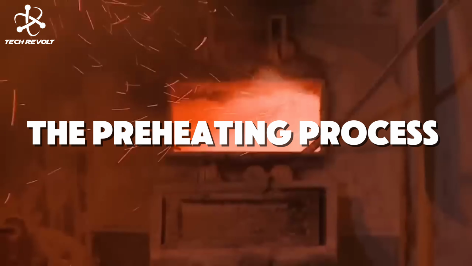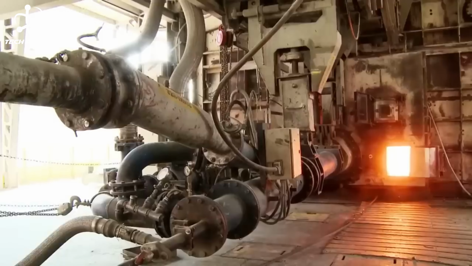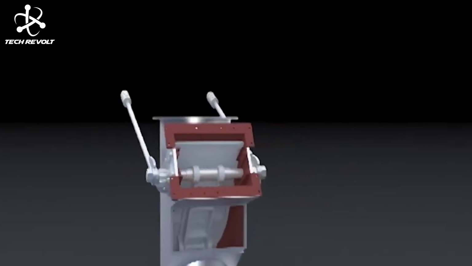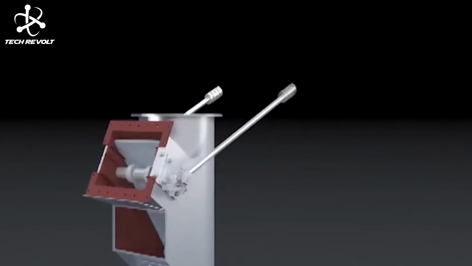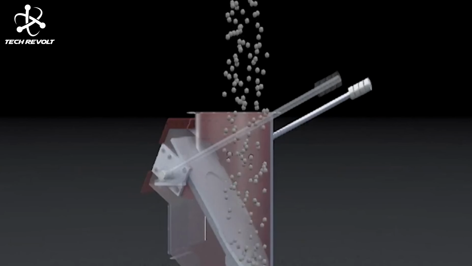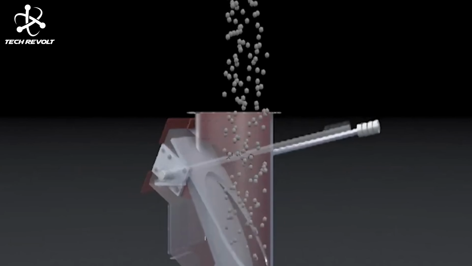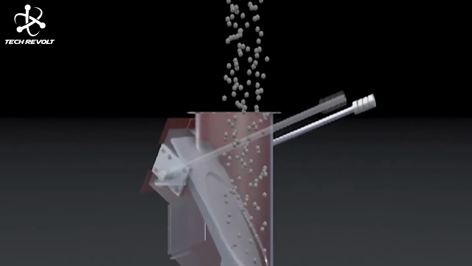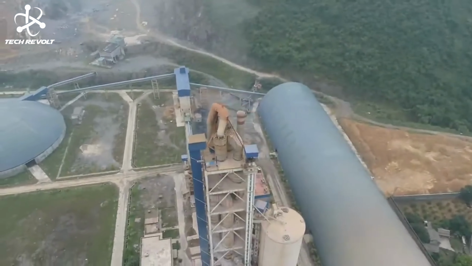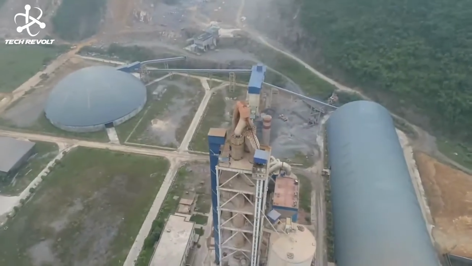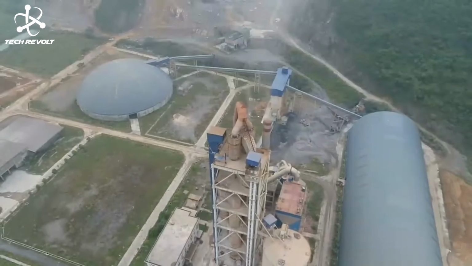The preheating process. The powdered raw meal then moves to a preheater tower, where hot gases from the kiln are used to begin heating the material. As it moves through the preheater, the raw meal undergoes partial calcination, a process where the carbonates in the limestone start breaking down to form calcium oxide lime. This preheating stage is crucial for energy efficiency as it uses waste heat from the kiln to begin the chemical transformation process. The preheated and precalcined raw meal then prepares to enter the heart of the cement-making process, the rotary